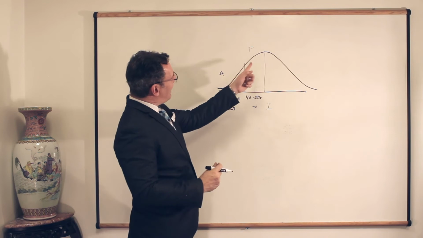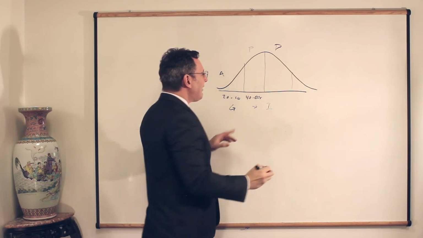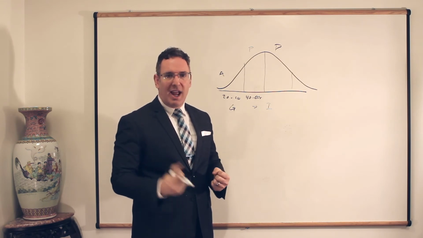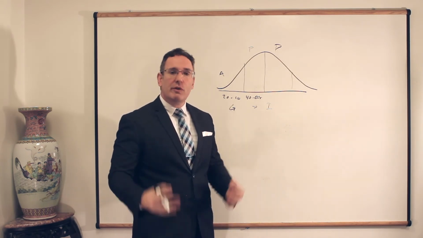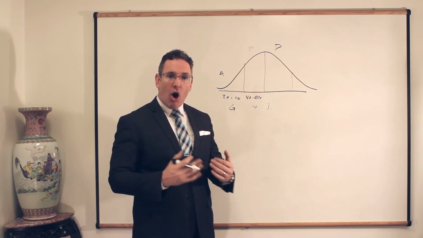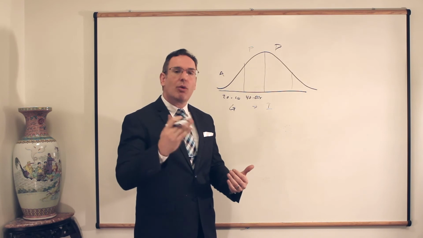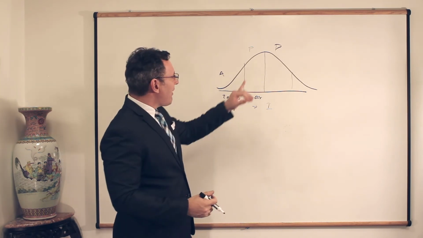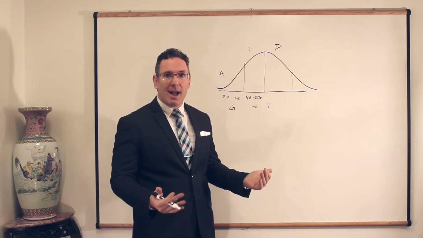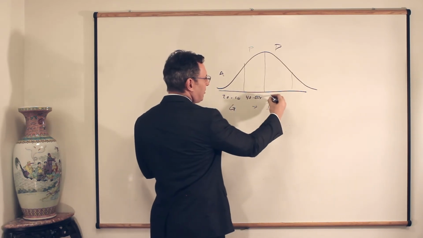So you go from accumulation phase to the preservation phase to what's called the distribution phase. And the distribution phase essentially is when you start drawing on the income. If you're smart, and if you're watching the other videos, you've set yourself up in a way where you've reallocated your assets, where you're able to draw income on your portfolio or everything you've acquired in your life. You're now getting the money to work for you rather than you working for the money. That's the distribution phase, when you're actually drawing on the income. Maybe you've stopped working, maybe you're working part-time, but now you're entering the retirement years. Finally, this is 50s plus.